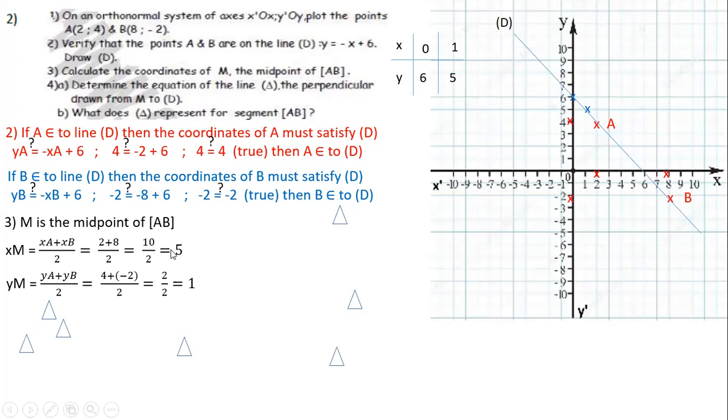After we finish, till now we haven't answered the question. We should write M and its coordinates. So we should write it in this way: M has coordinates 5, 1. This is how we find the midpoint of a segment in a system of axes. Now in part 4,